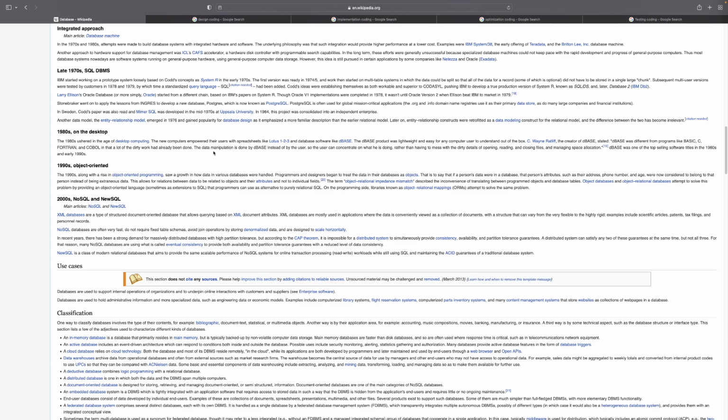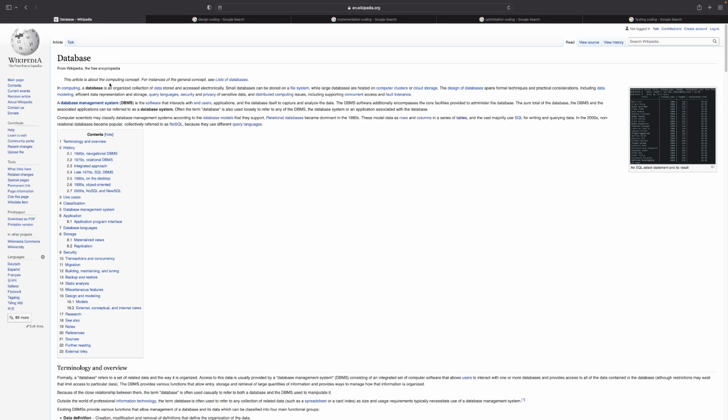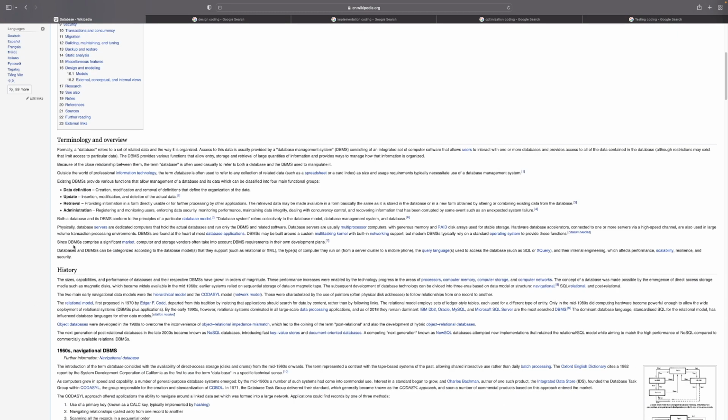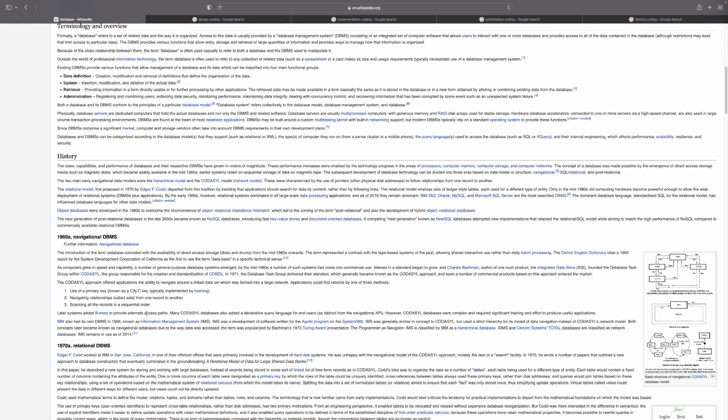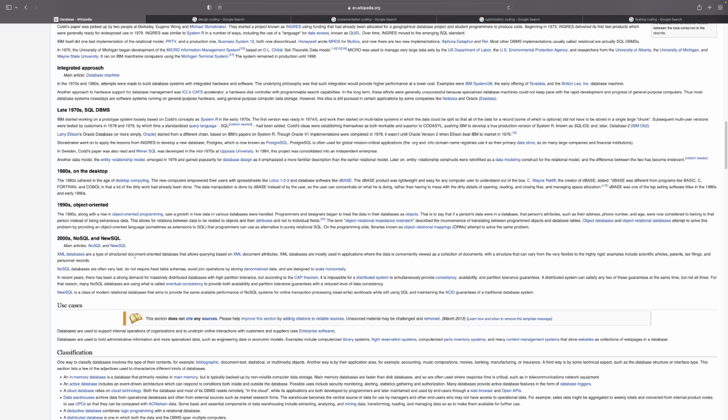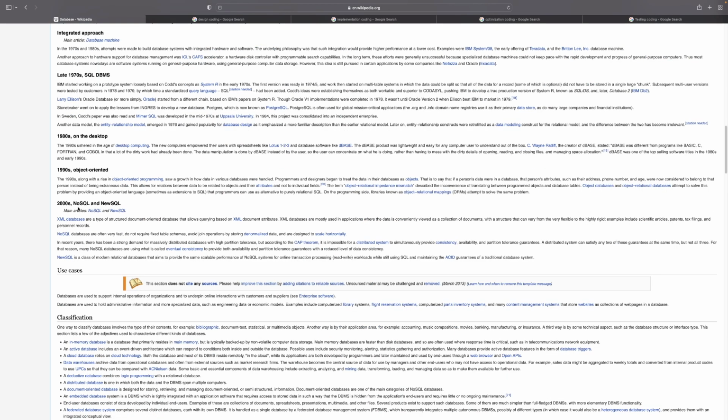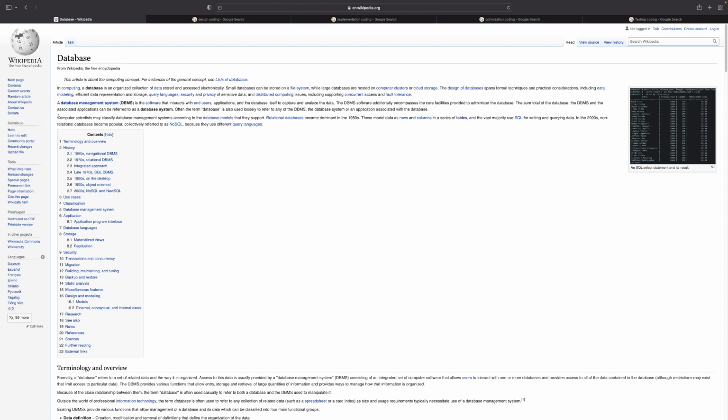So once you have kind of a core concept of what a database is and you've implemented it, then you come down here and you start to better inform yourself and flesh out your knowledge. But that is always going to be a process that you do on your own time after you've completed the project. None of this data is going to be useful to helping you solve this project right now. Maybe this could provide you a little bit of details, but they've already provided it right up here